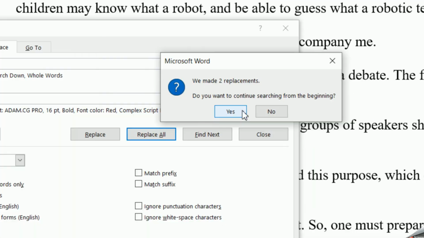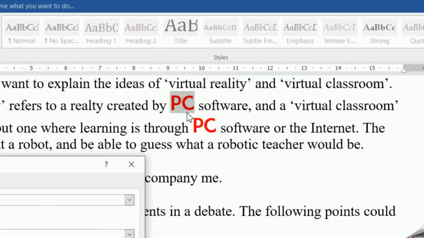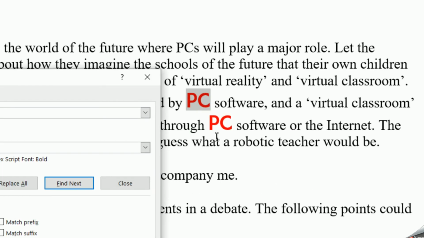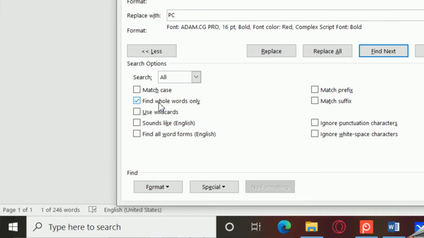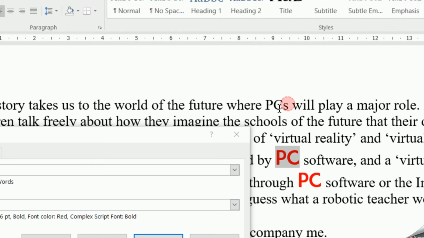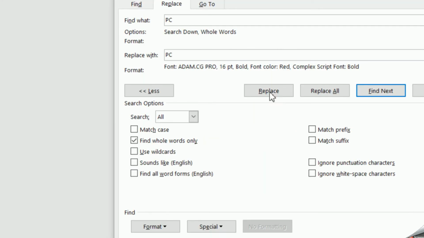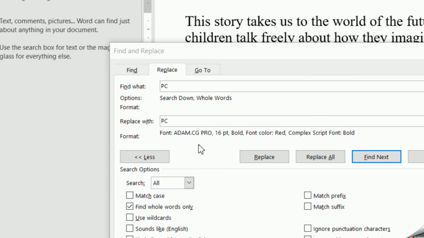I click on Replace All and it is going to replace all the occurrences of the word PC with this. Now the thing is I had clicked on Find Whole Words only, hence this word was not highlighted. So this was how to use Find and Replace, a very simple version of the Find and Replace option.